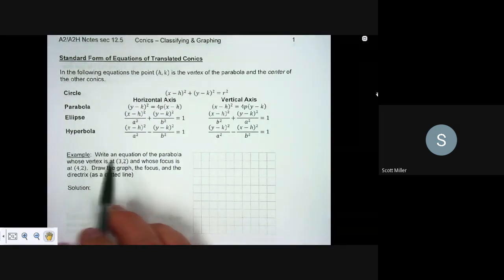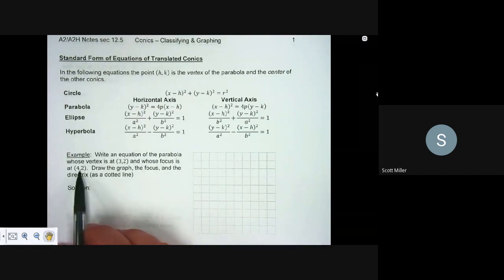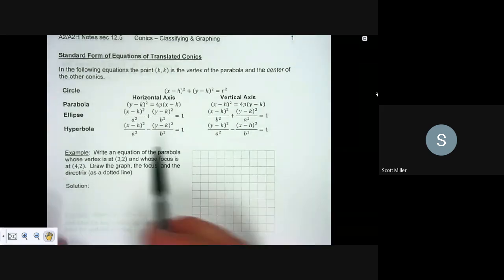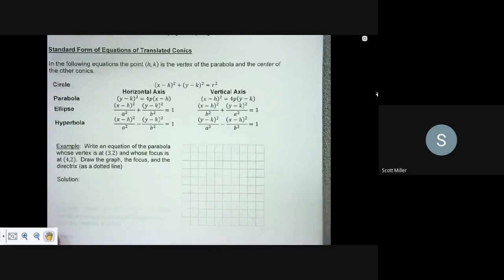So the first thing here is we want to write an equation of a parabola whose vertex is at 3, 2, and whose focus is at 4, 2. You want to draw the graph, identify the focus, and the directrix as a dotted line. So one of the things we can do is just put a dot and kind of start graphing this thing out and seeing where we're at. If the vertex is at 3, 2 and the focus is at 4, 2, we can see that the graph is going to be moving right or left. Okay? So when we set this thing up,